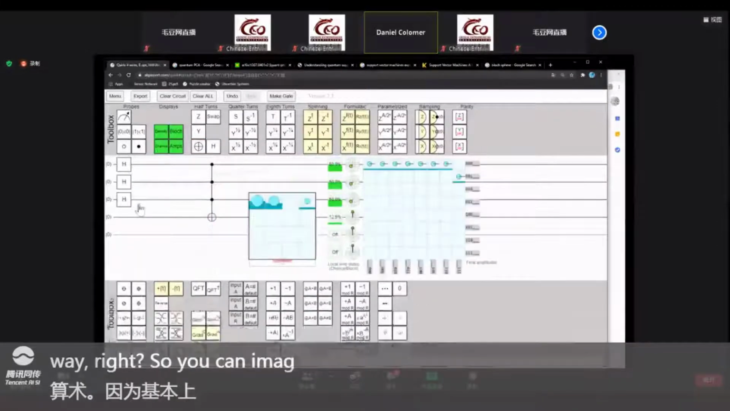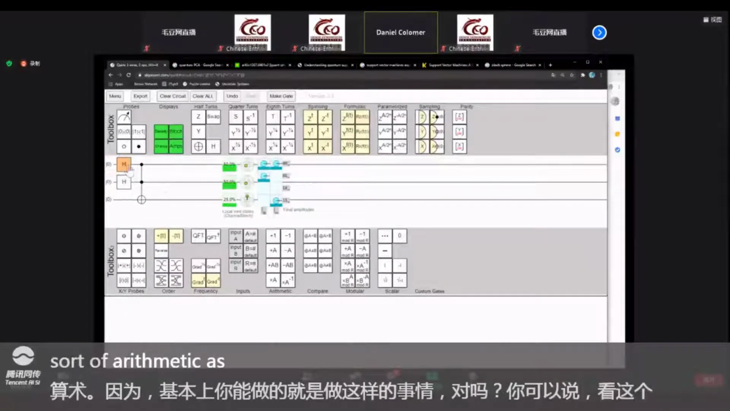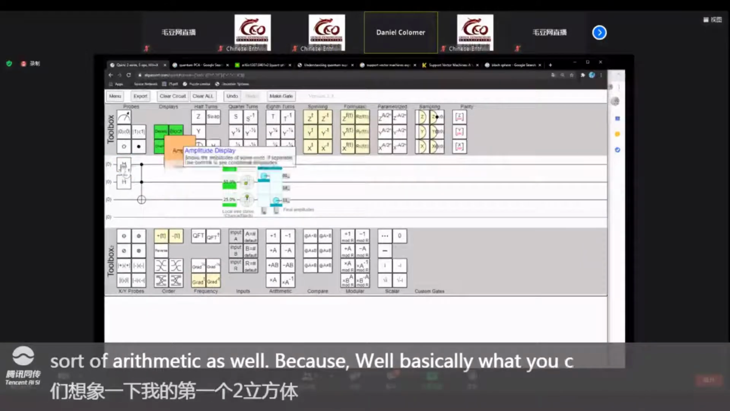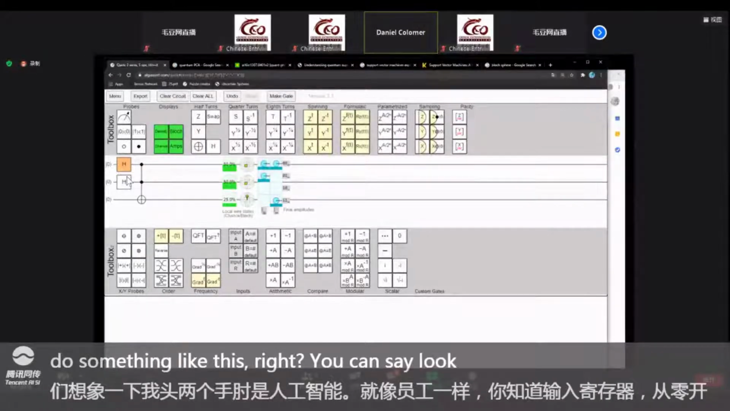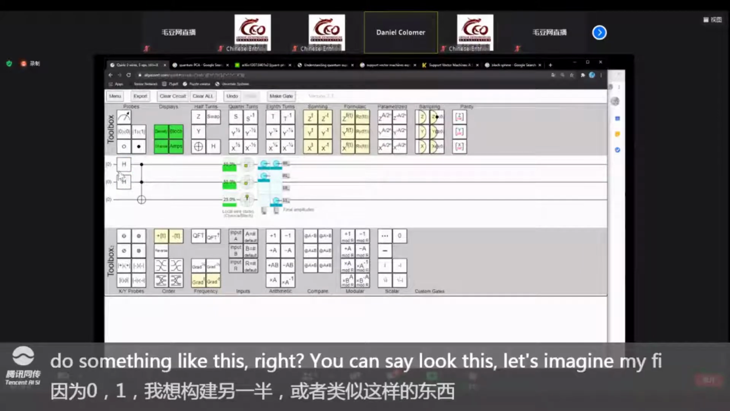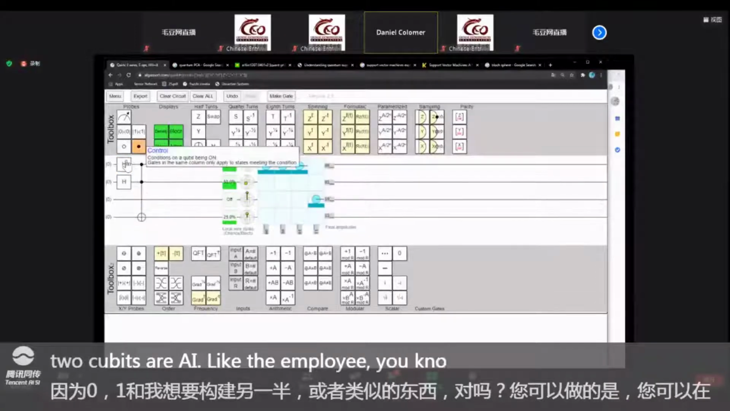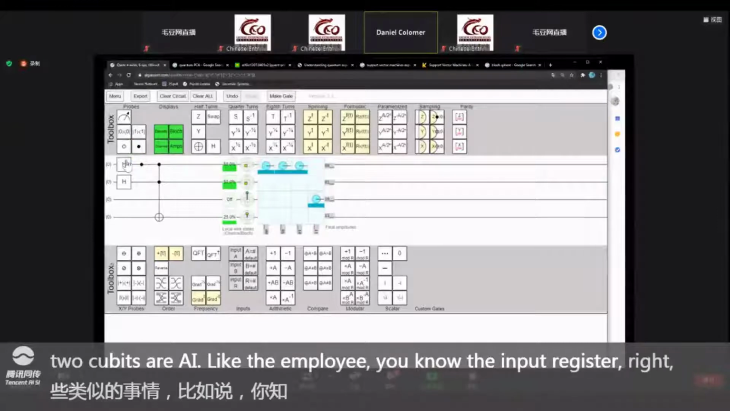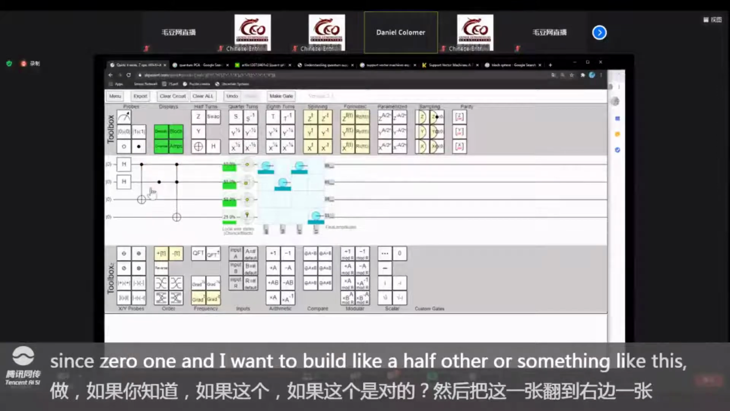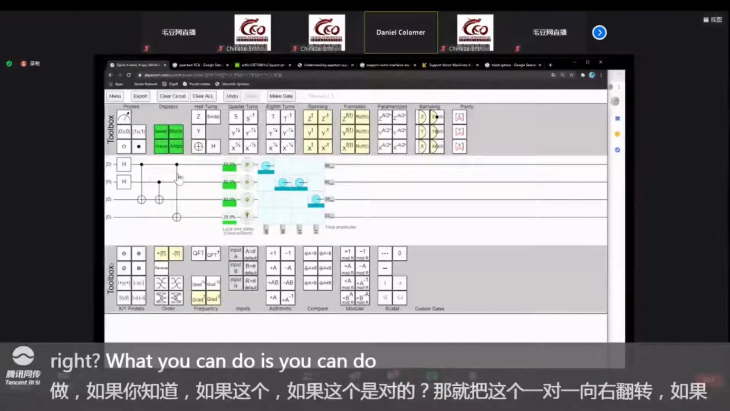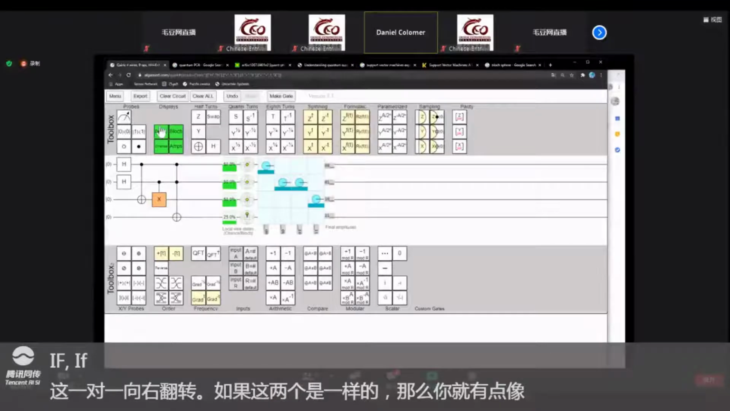What you can do is something like this, right? Let's imagine my first 2 qubits are like the input register, right? So it's a 0 or 1, and I want to build a half adder or something like this. So what you can do is say, if this is 1, then flip this to 1. If this is 1, flip this to 1 as well. And if these 2 are on, then you kind of have a bit of it. It's not totally correct, but you get what I mean, right? So you can actually build operations in superposition, and